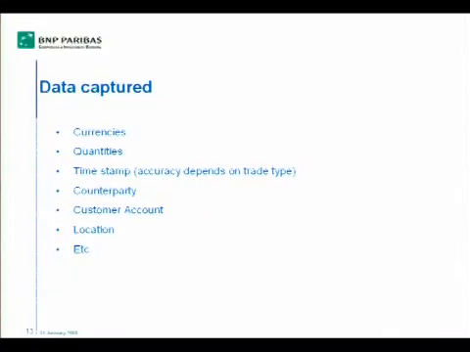Okay, so the sort of details we collect when a trade happens are all the details that you'd expect. The only field there that really needs any explanation is the timestamp. I mentioned that trades can be done over the phone or through electronic channels. When trades are done through electronic channels, we can obviously assign a very, very accurate timestamp to that trade. Trades done over the phone, however, we're reliant on the trader who's done the trade to manually enter the details